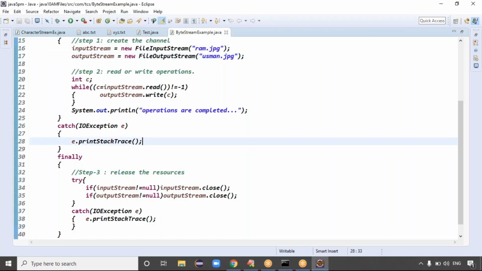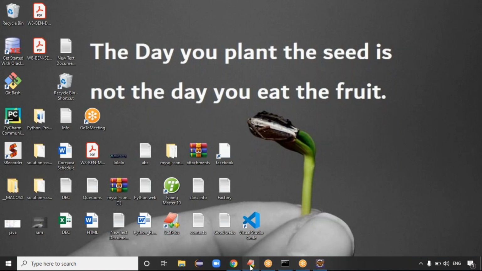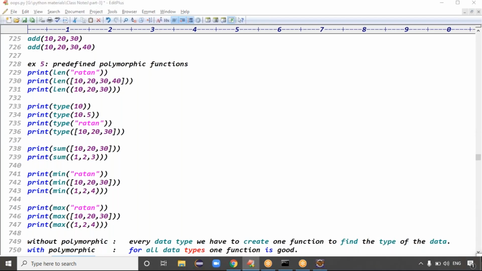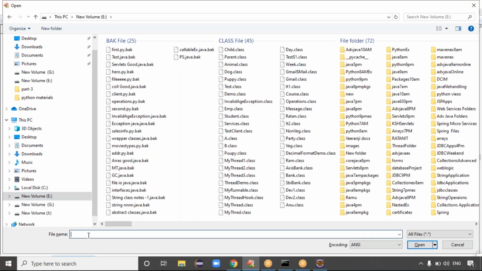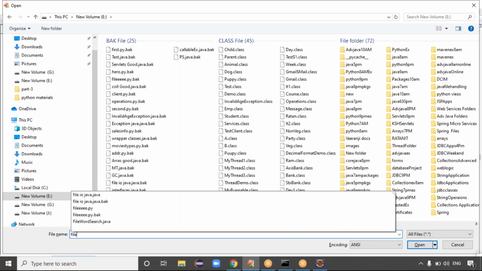This last class, the topic we were discussing was normal streams, file handling. Normal streams we discussed in the last classes. Today we'll go for the buffered streams. So, when coming to normal streams versus buffered streams,